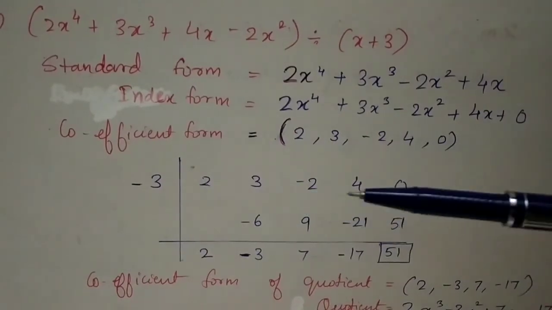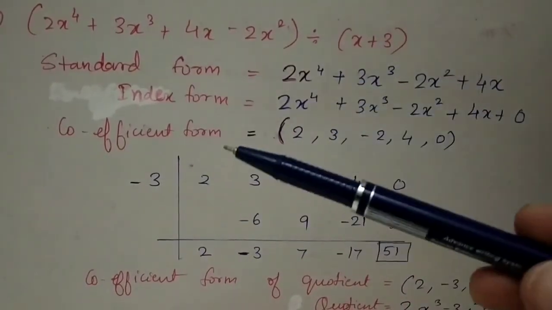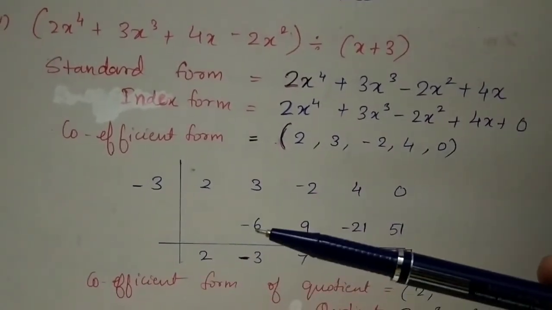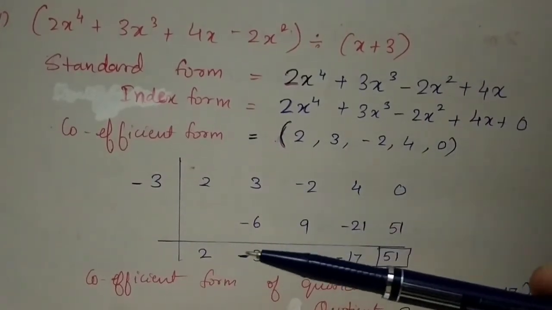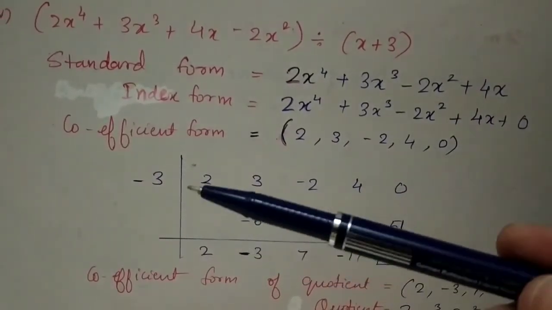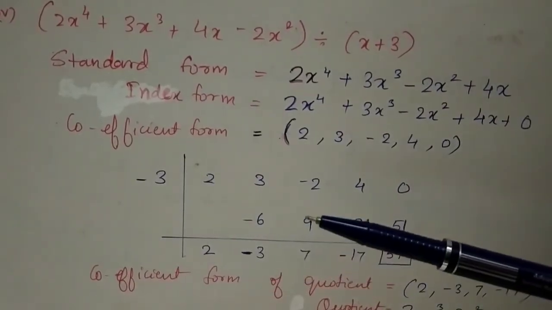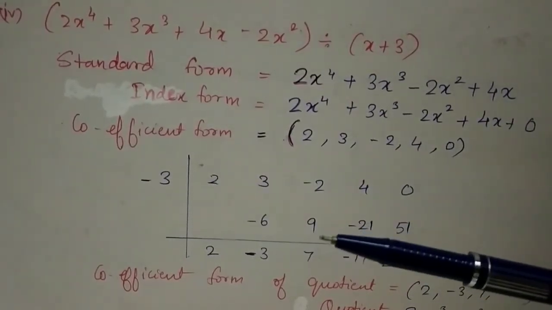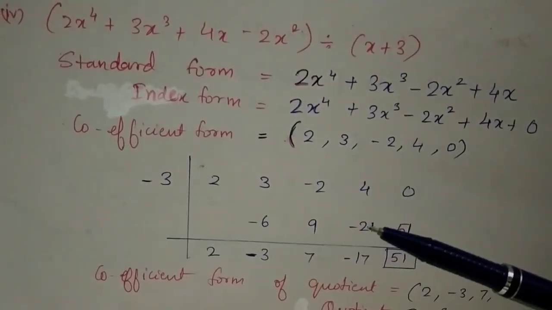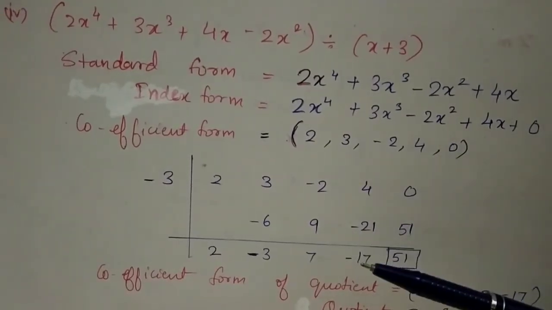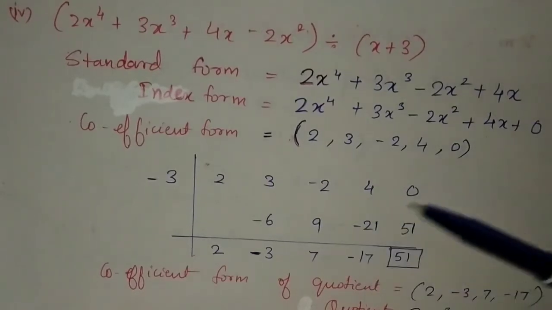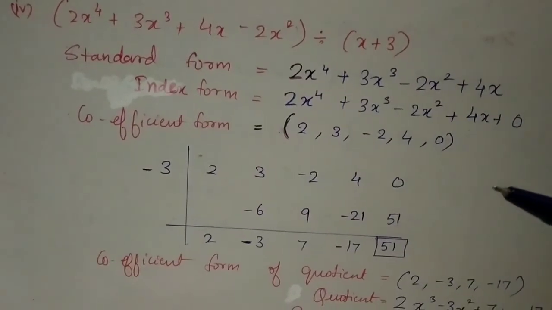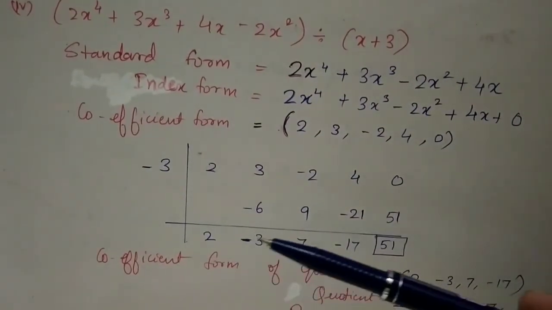Then we write down these numbers here and plus 3. So we write down minus 3 here. First number goes down, that is 2. 3 twos is 6. But minus into plus is minus. Now 3 minus 6 will be what? 3 and the sign of the bigger number. 3 threes is 9. Minus into minus is plus. Okay, 9 minus 2 is 7. Now 7 threes are 21. Minus into plus is minus. Now 4 minus 21. So 21 minus 4 will give me 17 and the sign of the bigger number. 17 threes will be 51. Minus into minus will be plus. So our remainder is going to be 51 and this is our quotient.